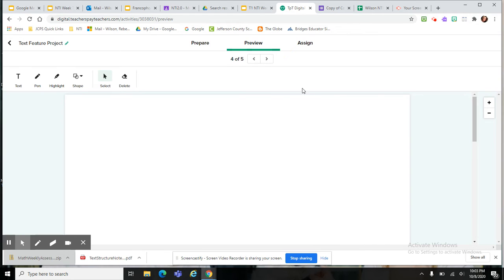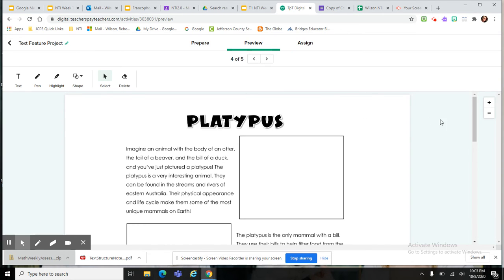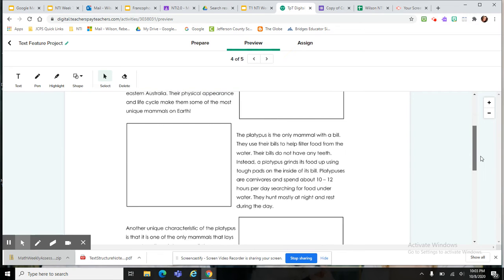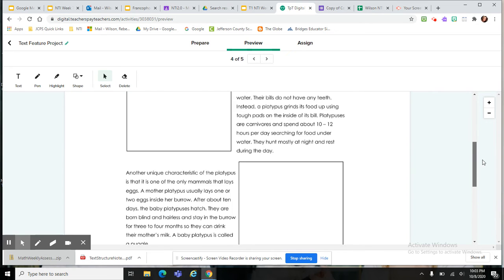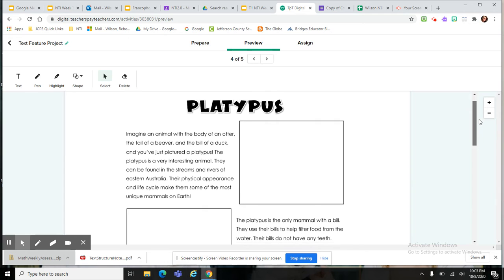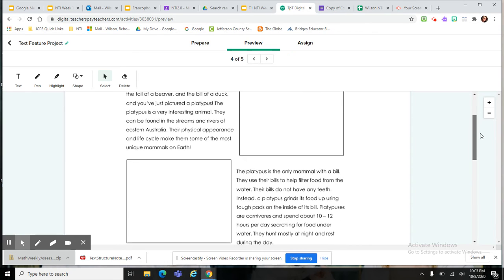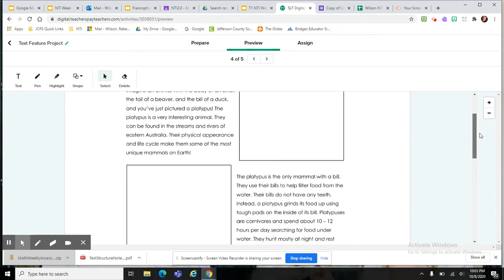And then this is the platypus article. So read through both articles and see which one you are most interested in. I'm going to do my examples on the platypus article. So one thing that I thought was interesting